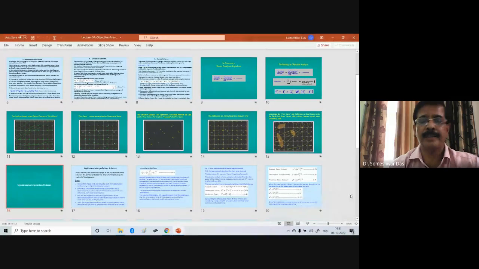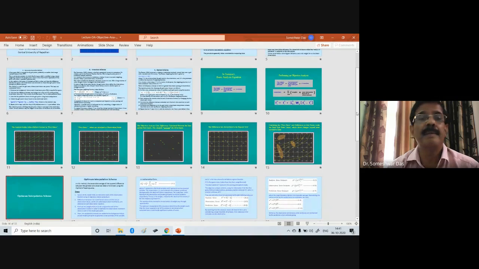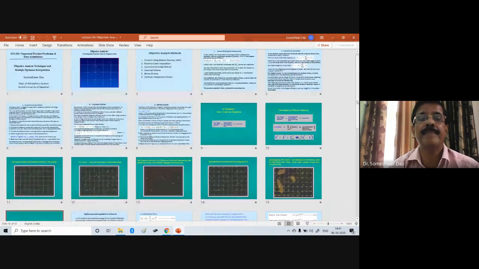So, okay, yesterday we started discussing objective analysis methods, and we talked about 4 or 5 methods of objective analysis. Among them were the functional fitting method, empirical linear interpolation, successive correction method, Cressman's method, and Barnes scheme. We also mentioned that Cressman's scheme was the first scheme which was operationally used at the NWP center in